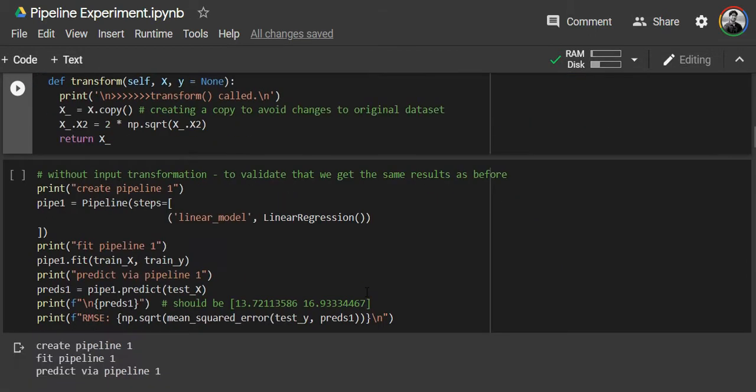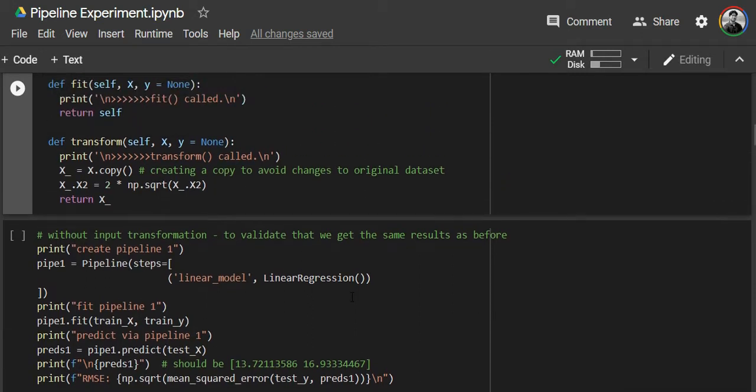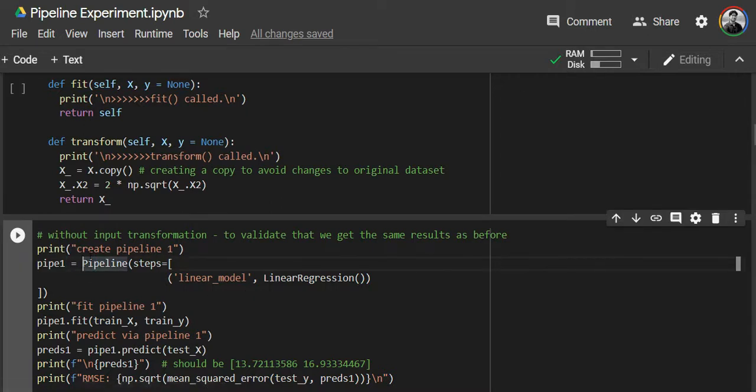Now we'll try to do this using a pipeline. Pipeline is just a combination of various steps you want to do one after another. So for example, in this case, if you look at this line, this is the syntax of using a pipeline. You take a variable name, you use the keyword Pipeline, this is a class, and you use the parameter steps to define what the steps are going to be in your pipeline. In our pipeline for the moment, it's only linear regression, and you can give it any name which you want. Linear underscore model is the name I went for.